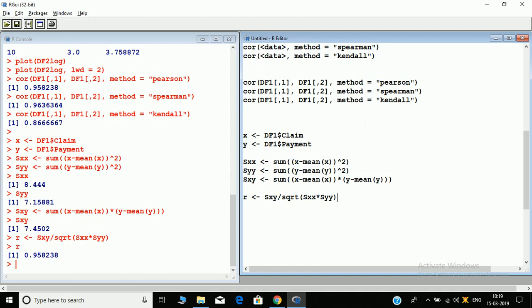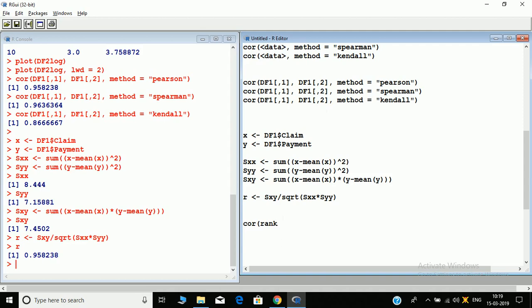Now the Spearman correlation coefficient. We know the Spearman correlation coefficient is nothing but the Pearson correlation coefficient applied to the ranks. Correct? So let's do this. We could have also done correlation of ranks to find the Spearman correlation coefficient.